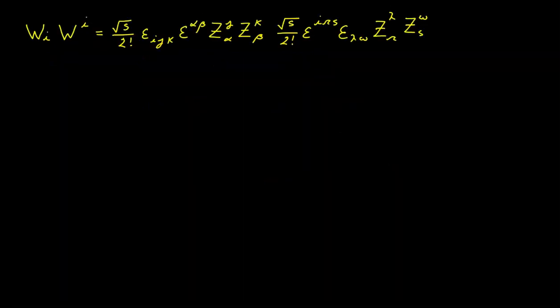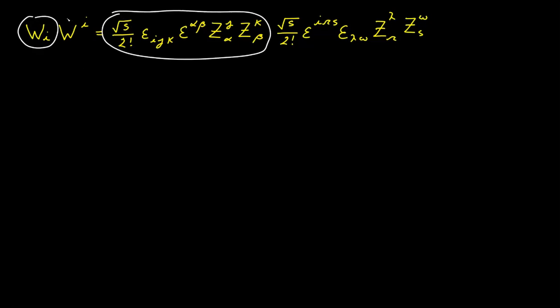To find the magnitude of vector W, we just need to find the dot product of W with itself. And of course, in tensor calculus terms, that means just evaluating this contraction. All right, well, Wi in the lower position is what we just derived a couple of minutes ago right here. And to find this factor, we just raise the I index and flip the position of each of the dummy